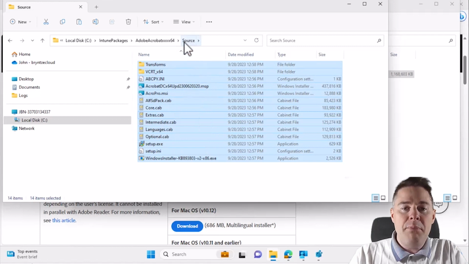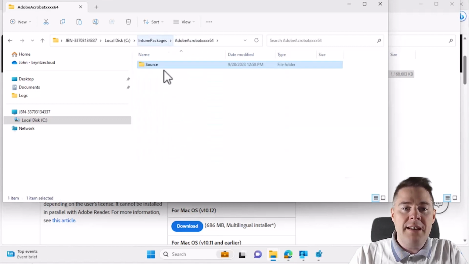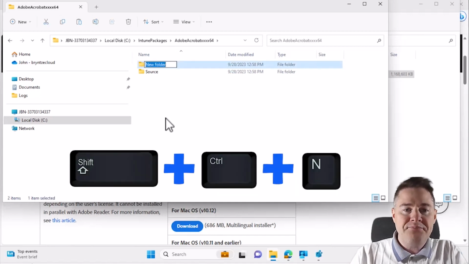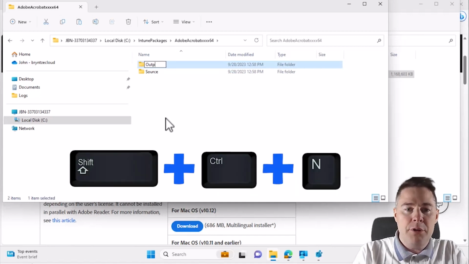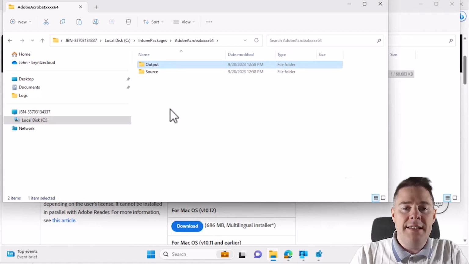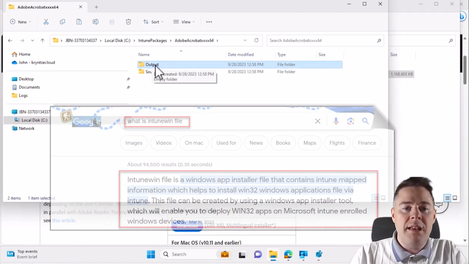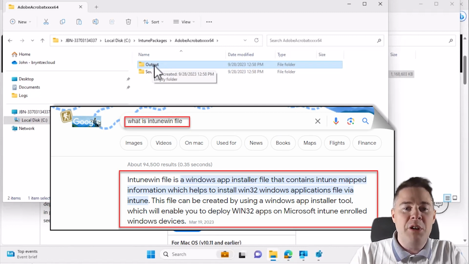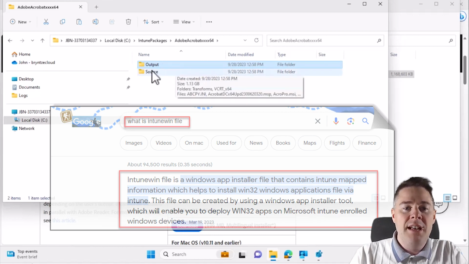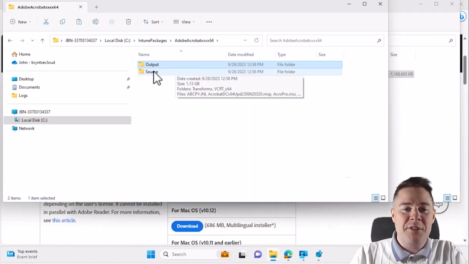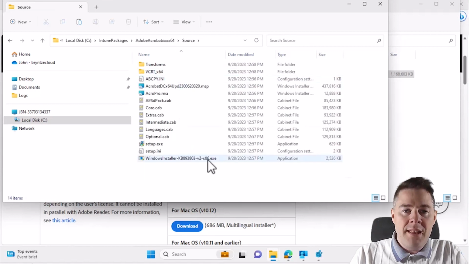But I want to go up one more folder to our root folder and create one more folder here. So I do Shift Control N. And this one we called output. So that we're going to need later. It's where we're going to output the intunewin file, the file we're going to upload to Intune. But right now we need to finish to create the source. So if we go back into the source, then we have